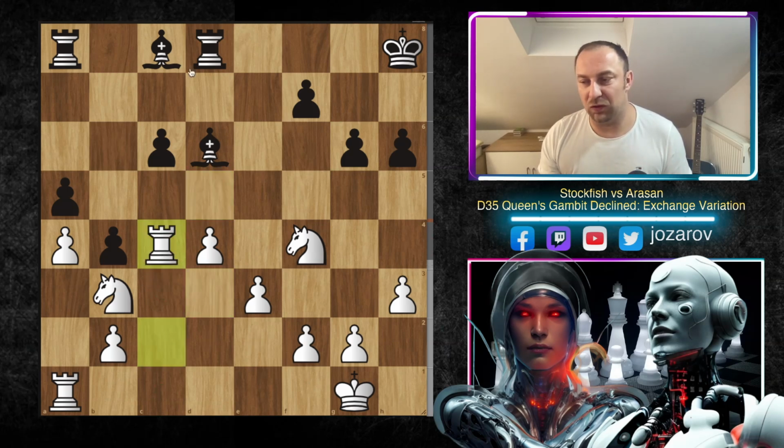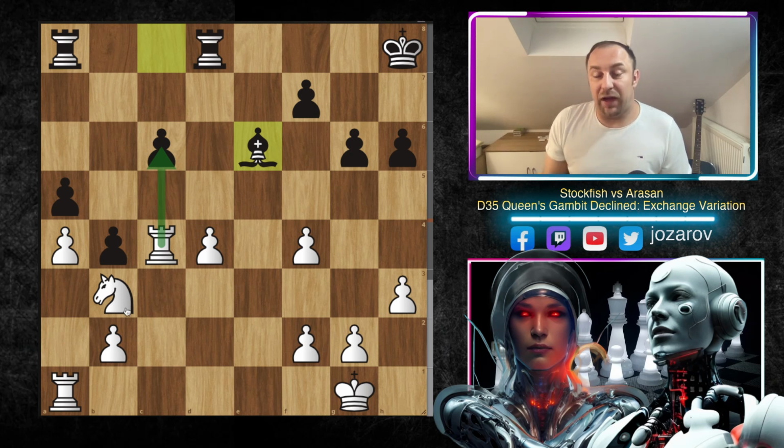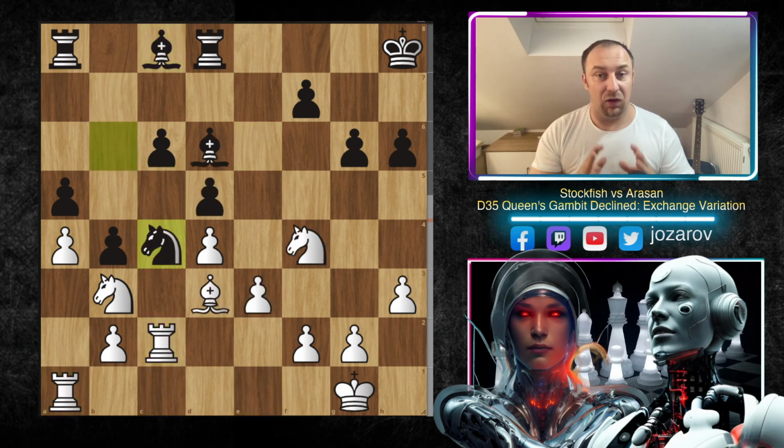takes c4, rook takes c4, bishop takes f4, e takes f4, and now look at this, bishop to e6. You're suddenly getting destroyed on this long diagonal. You have to step back with your rook, and maybe you can also take out the pawn here, but your knight is lost. That's now the main issue here. So Arasan played here really also a solid game, managed to finally fix the knight on c4,